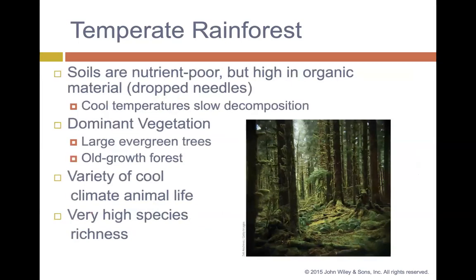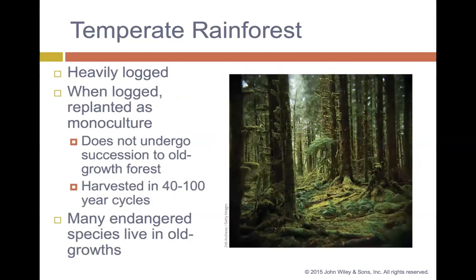In the temperate rainforest, the soils are nutrient poor, but high in organic material from all the dropped needles, and the cool temperature slows down decomposition. The dominant vegetation is very large evergreen trees, which gives it a very old growth forest. Species richness. Heavily logged, and when logged, it's replanted as a monoculture, so it does not undergo succession to old